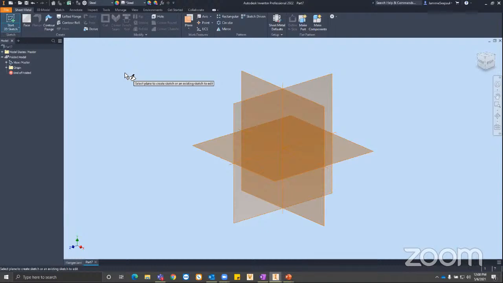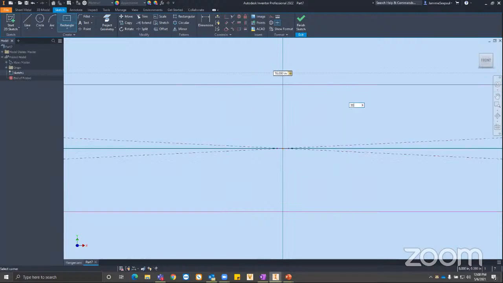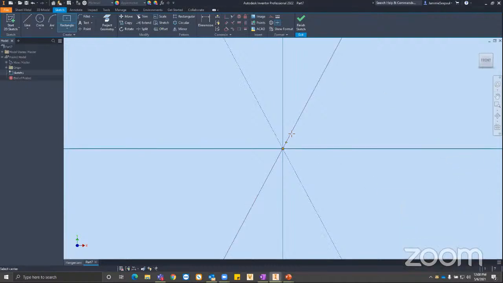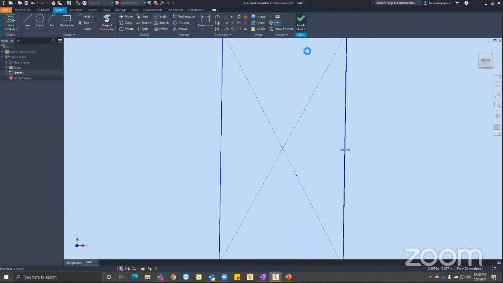All right, so I'm going to create a sketch here for a part. It's going to be a rectangle, so I'm just going to put it here on the XY plane. And we'll put a rectangle here. Good little tip is whenever you create a rectangle in Inventor, it pops up these boxes so you can type the dimension right in. This is going to be a 16, and then I'll hit tab and by 30. And it saves you a step in having to go out and dimension the rest of this box. It's fully constrained now, so it's kind of a one-step deal. So I'll finish the sketch,